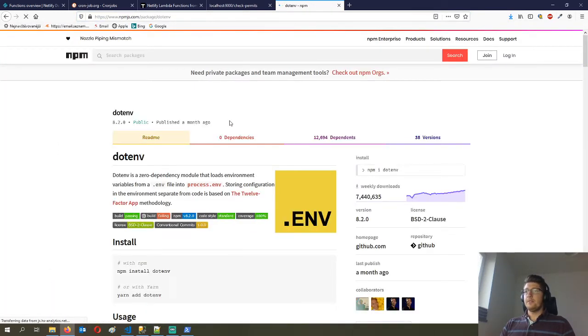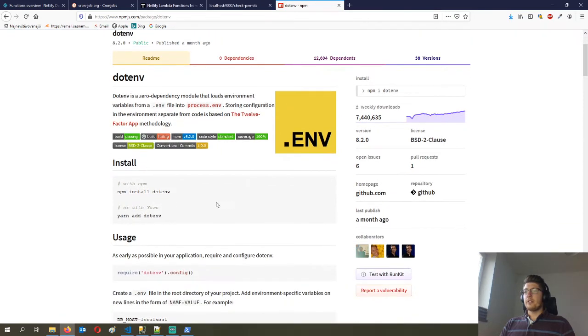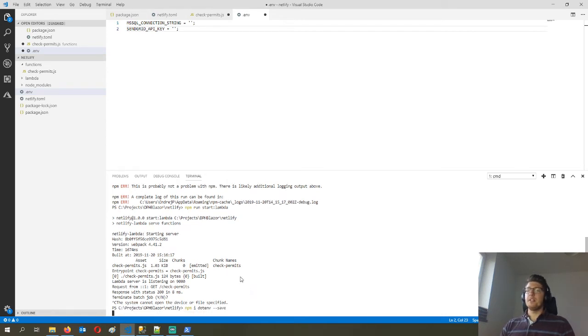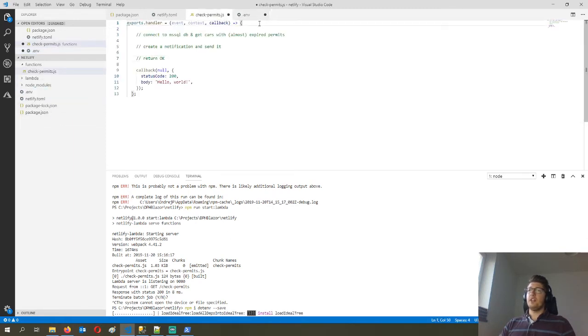So it's called .env, and what it actually does when you install it, let me just start the installation. So .env, and I want to save that as a dependency. Now, once this is installed, the way how it works is that in the function here,